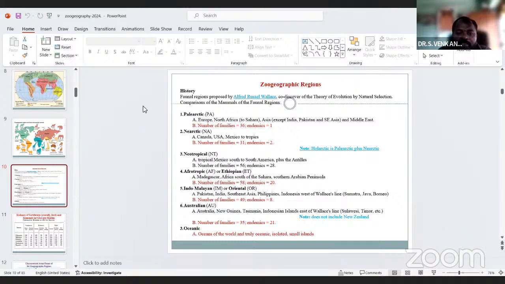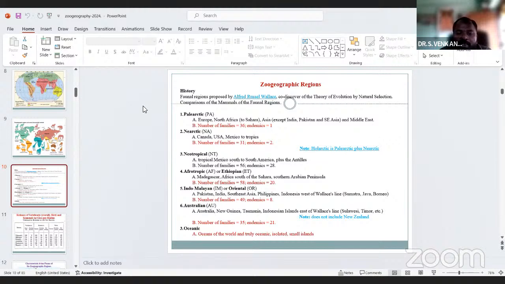The Neotropical region: the number of families is 56, and endemics are 28. The Ethiopian or Afrotropical region has 58 families, and endemics are 20. The Oriental region has 48 families, and endemics are 8.